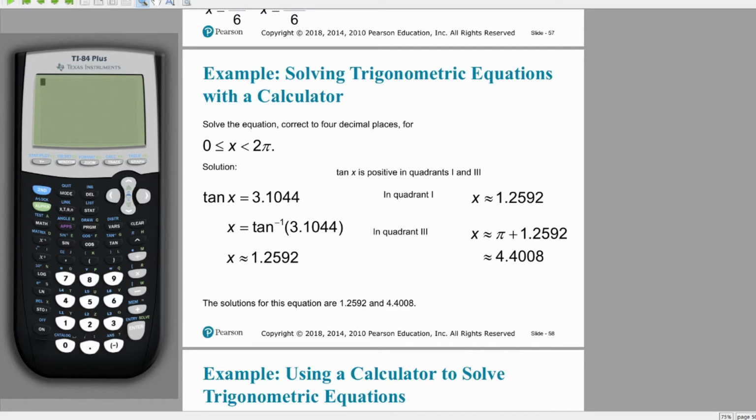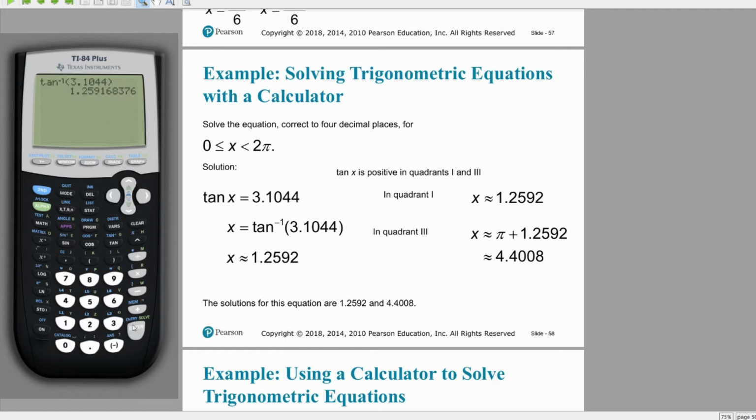So here if we have tangent of x equals 3.1044 and we want to find x, understand that 3.1044 isn't anything special in terms of the tangent function, or at least not at face value. So you want to use the calculator here to get something approximate for it, where we're going to use the inverse tangent function to turn that radial type measurement 3.1044 that we have right here into something a bit more angular, where we should understand that what we're going to get is an angle in radians, if we run this by default, of about